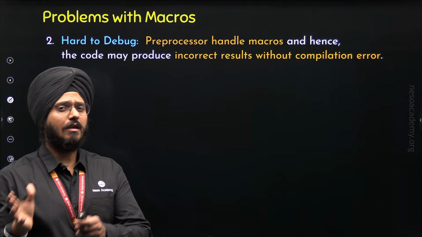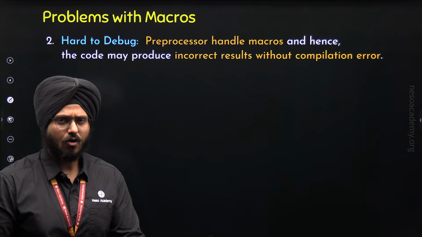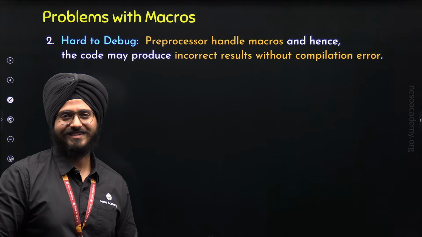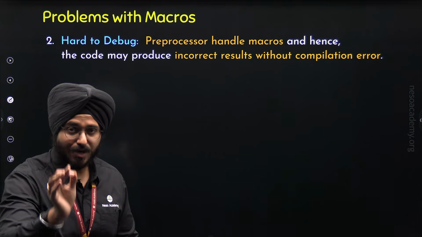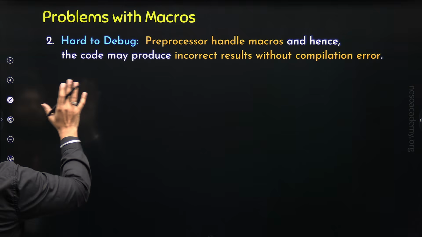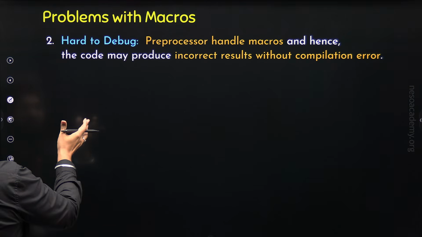Even though we are getting the incorrect result, we may not get a compilation error because the compiler has to do nothing with the macro. Macro is handled by the preprocessor. Now let's try to understand why it is hard to debug a specific macro with the help of an example